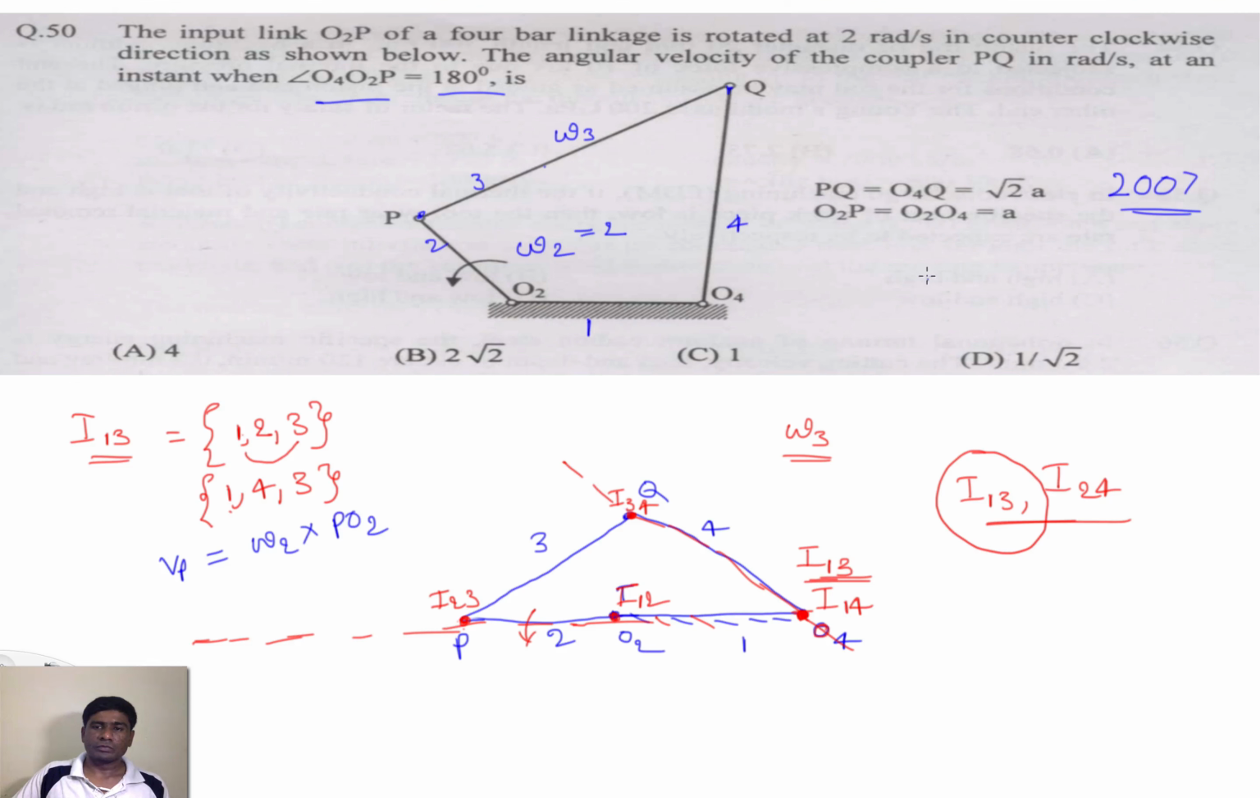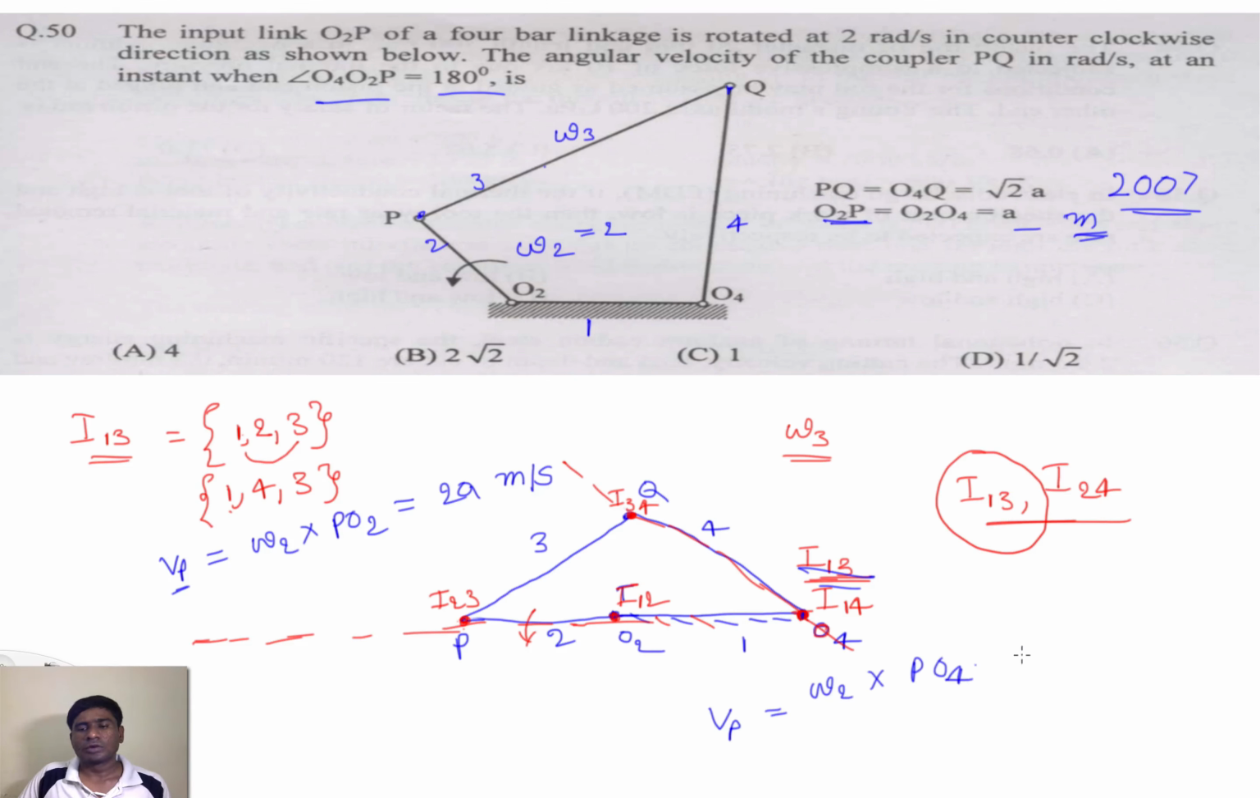But PO2, what is the PO2? That is A. PO2 equal to 2A meter per second. If I consider these values are in meters, and this is the value of Vp, and if I consider this point is lying on link 3, then what is the Vp? With respect to this instantaneous center of 1 and 3, so that is omega 3 into